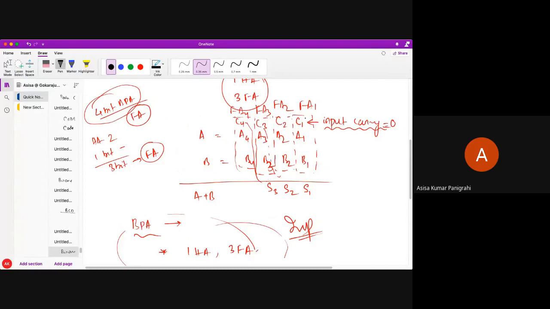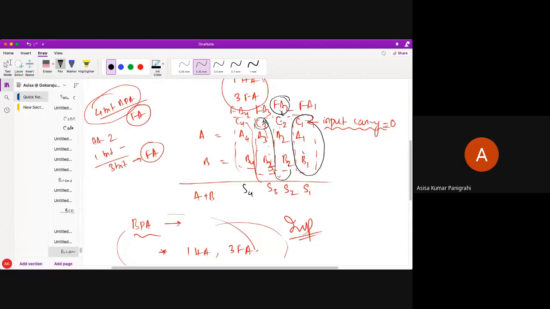Do you understand now? This requires one full adder, and this full adder is generating a carry which is C2, that is going to another full adder FA2. Now this full adder requires C2, A2, B2, and it also again generates a carry C3 that is going to FA3. Who is generating here? This full adder is generating this carry.